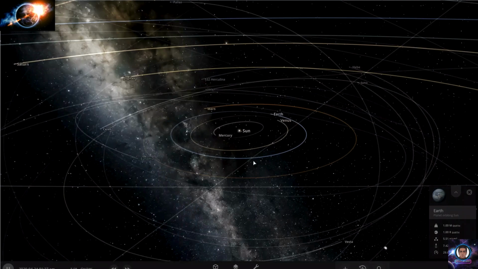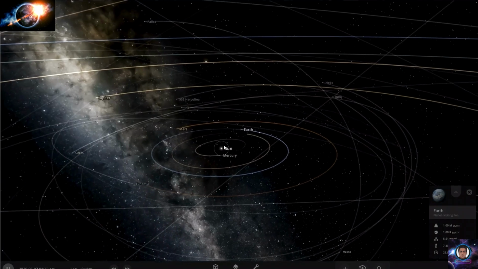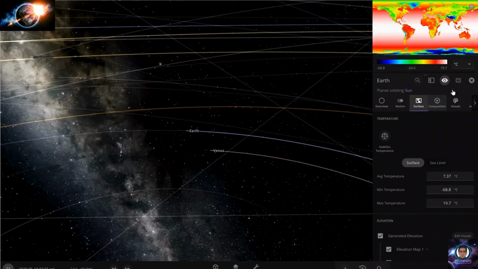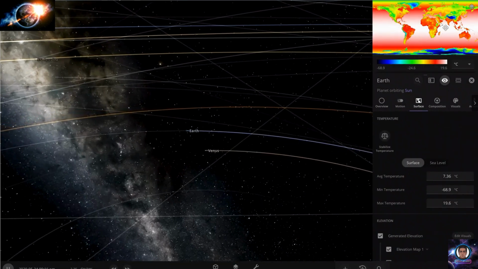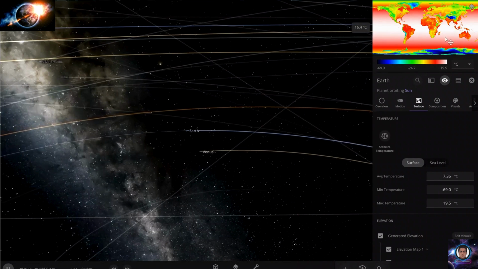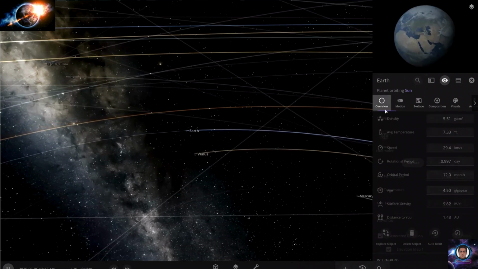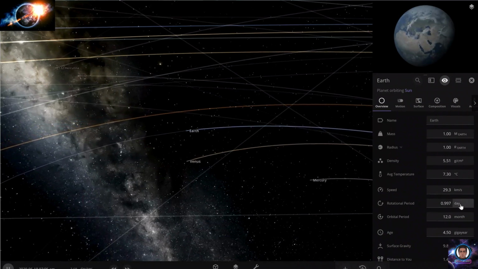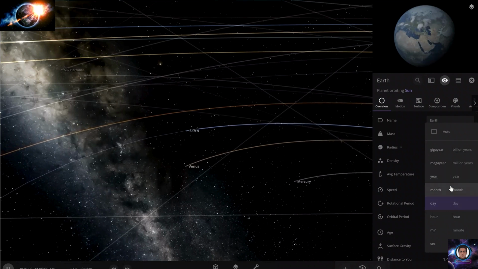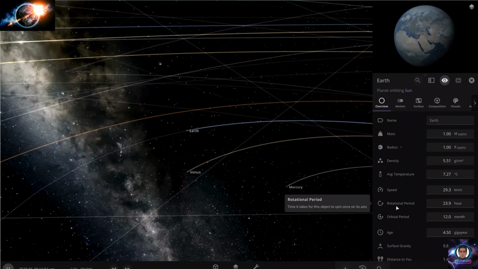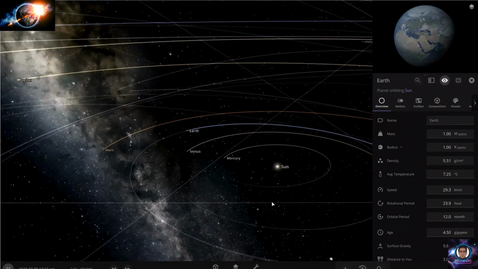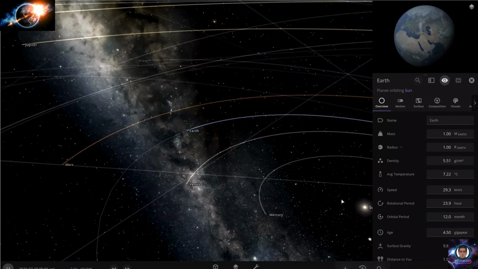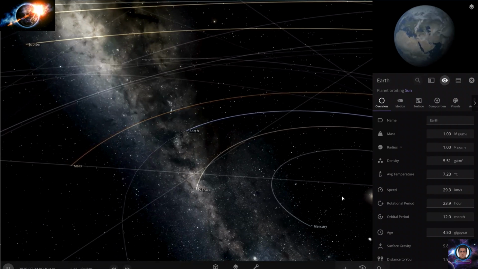Okay, let's go to our simulator. I'm slowing down the simulation. This is the Earth, which, as you can see, is going around the sun, and we have days and nights, which shows that Earth is rotating around itself every 24 hours. As we can see in the simulation, the rotational period is something like 1 day or 24 hours, which means half of the Earth is facing the sun during the day, and the other half would face the sun in another